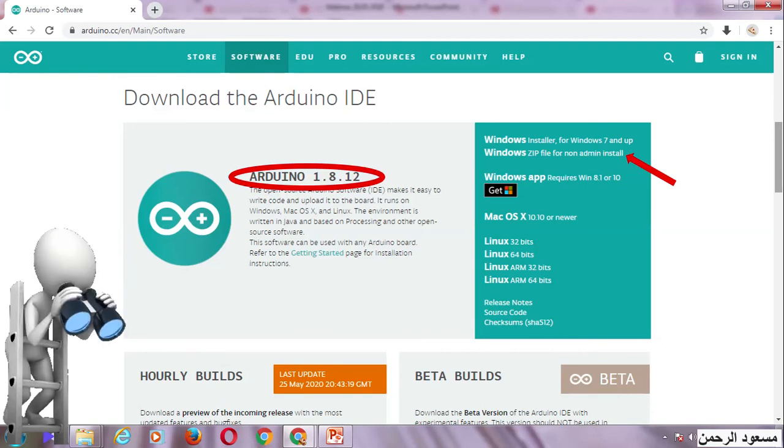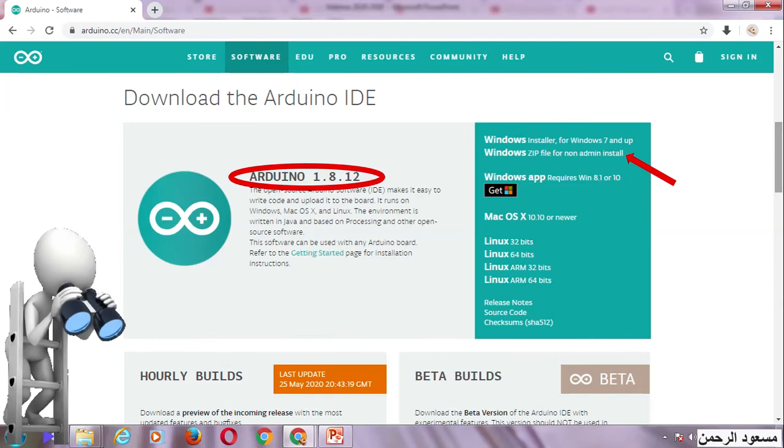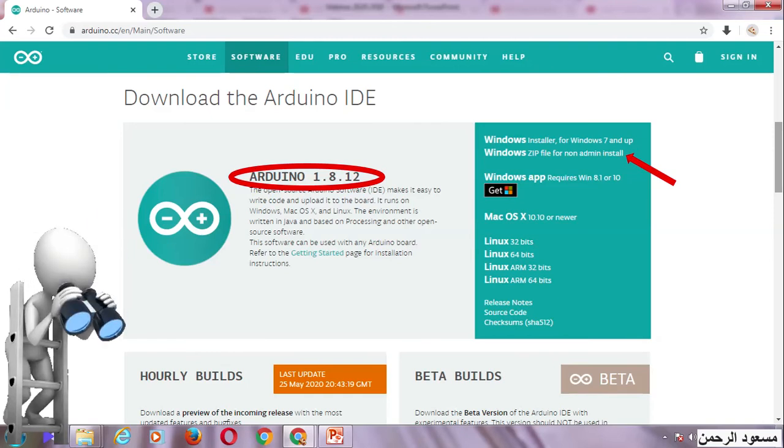If you are using Apple, you have to go for Mac, or if you are using Linux on your laptop, go for Linux, and please check the category of your Linux operating system and download the correct one. Mostly we are using laptops with Windows OS, so click Windows zip file for non-admin install.